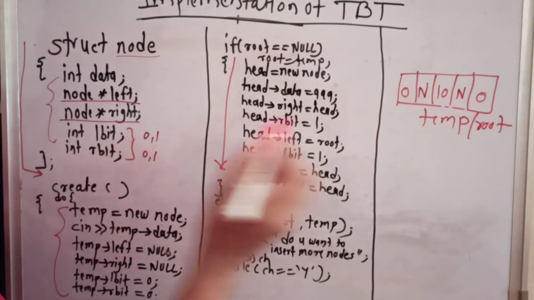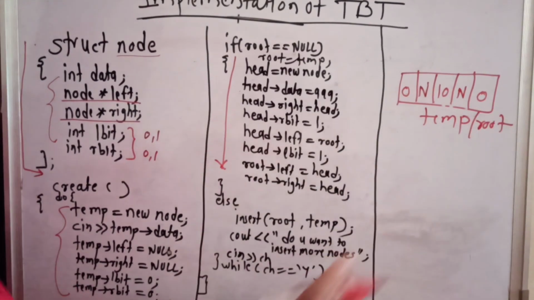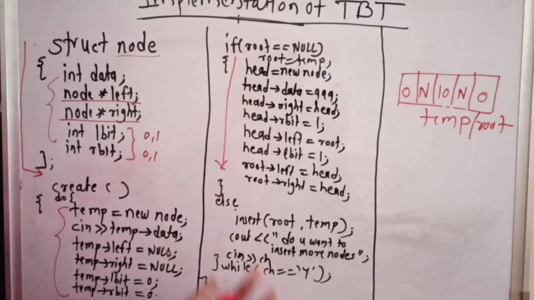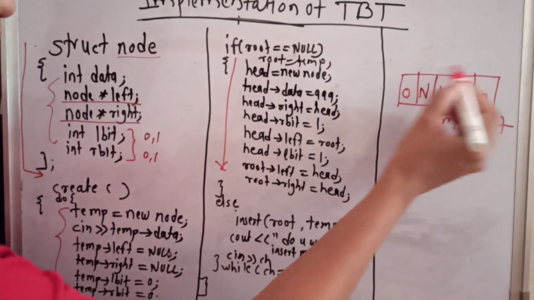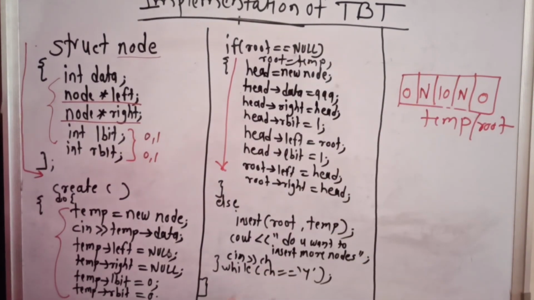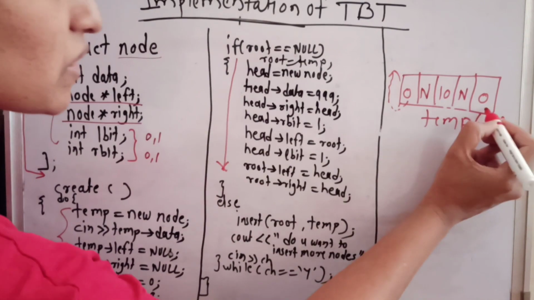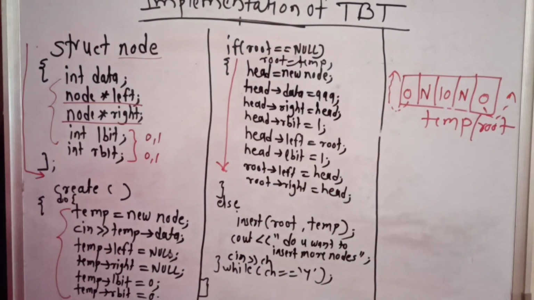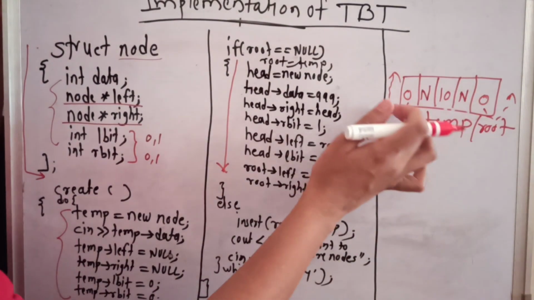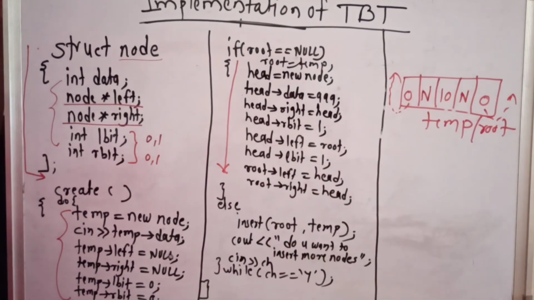So what I have to do here, as the 0 is present here, that means I have to set the threads. But as it is the first node in the tree, if I set the threads this way, then what will happen here? These 2 threads will be free threads. That means these 2 will act as dangling pointers here.